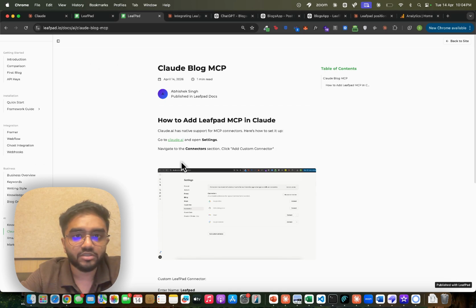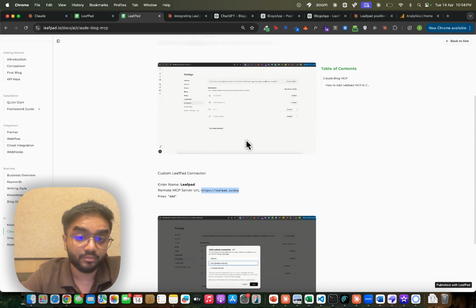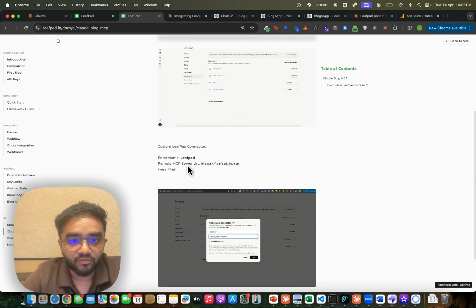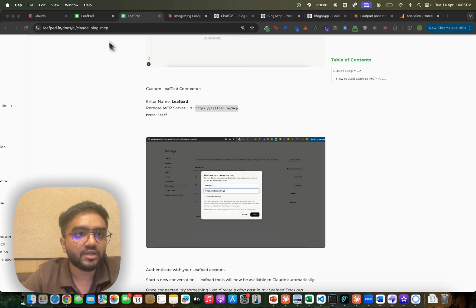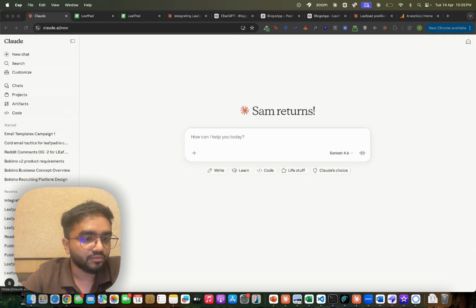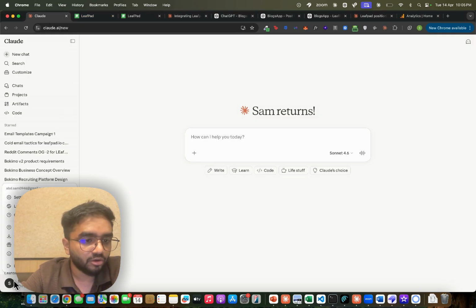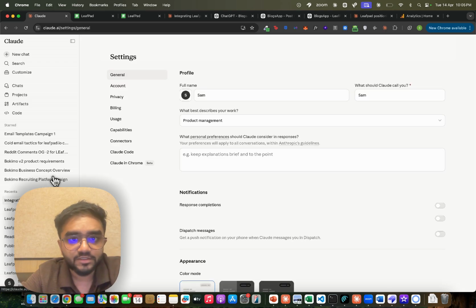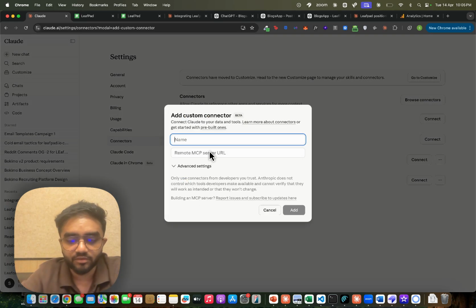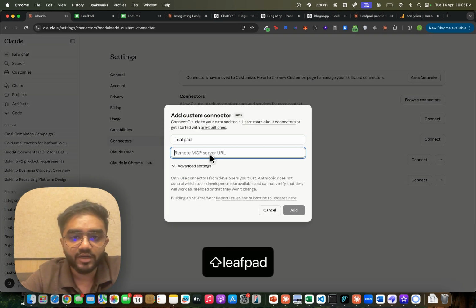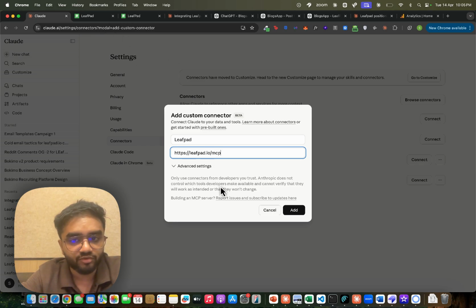So if we head over to docs, we can see the section for Claude, LeafPad MCP. What we need here is this particular URL, and you can find step-by-step integrations in these docs as well. What we'll do is we'll head over to our Claude and go to settings. Now we'll go to connectors, add custom connector. We will name it LeafPad. We'll paste this link which we found from docs and we'll hit add,